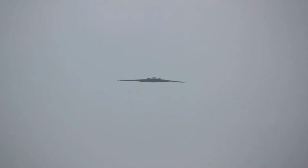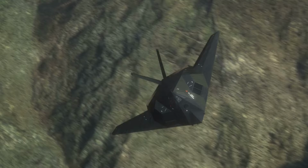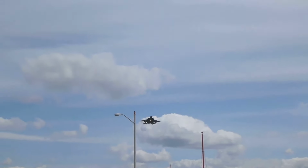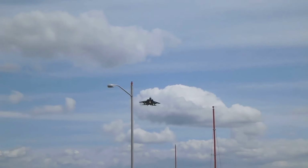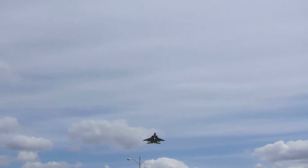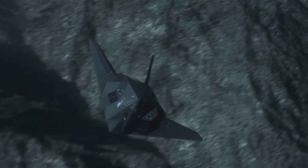intelligence. The Blackbird's missions were shrouded in secrecy, its pilots sworn to silence, their exploits known only to a select few within the intelligence community. These were not routine training flights, but daring incursions into hostile airspace, where the threat of enemy interceptors and surface-to-air